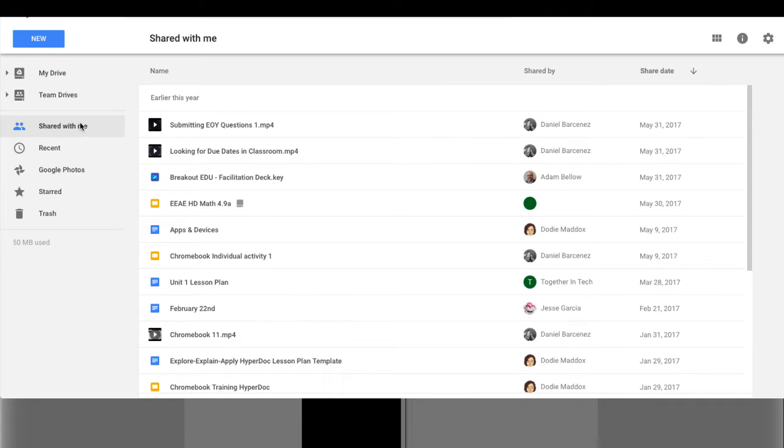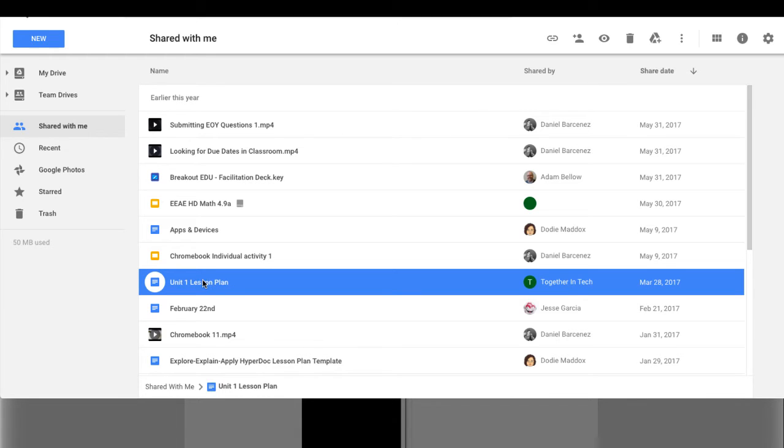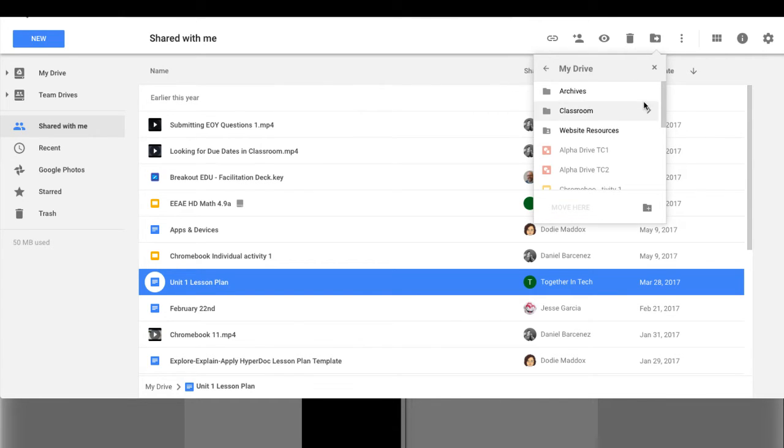When you are in the shared with me folder and you find something that is shared with you, say this is it, and I want to organize it so that I can find it later, what I want to do is add it to the folder My Drive. And I do that with this little symbol right up here. That's the drive symbol with the plus sign. And when I click there, it says it's added to my drive. And now I can undo that, or I can organize where it landed. So I'm going to go ahead and click Organize and then decide, where do I want this? Well, I look